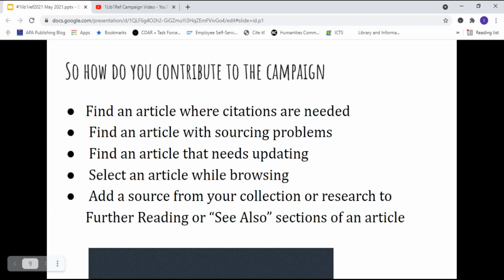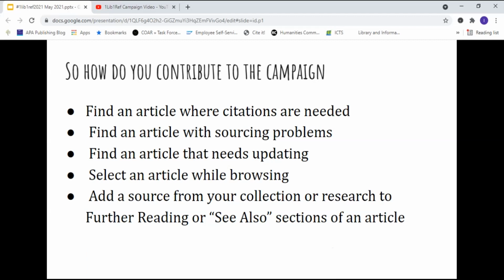So how do you contribute to the campaign? Well, find an article where citations are needed. You can find an article with sourcing problems, an article that needs updating, and there are quite a few of those as well. You can be browsing, looking at your favorite topic, and you can come across an article that needs a citation.